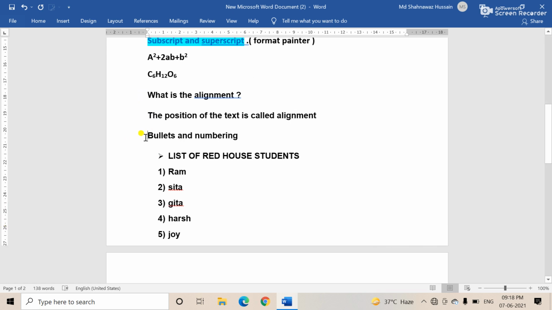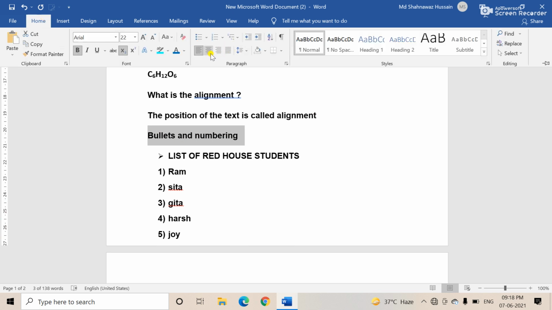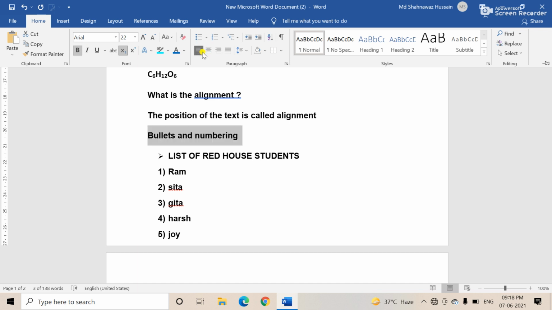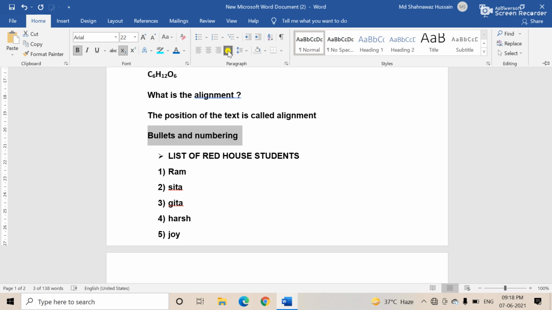So first you select which text you apply the alignments to. See, if you want to paste it in the center, just click. Now see, it is center. Okay, on the left side it is justified. Like see, it is right, it is left, next is the center, after this justify. Okay, like this, it is right and justify.